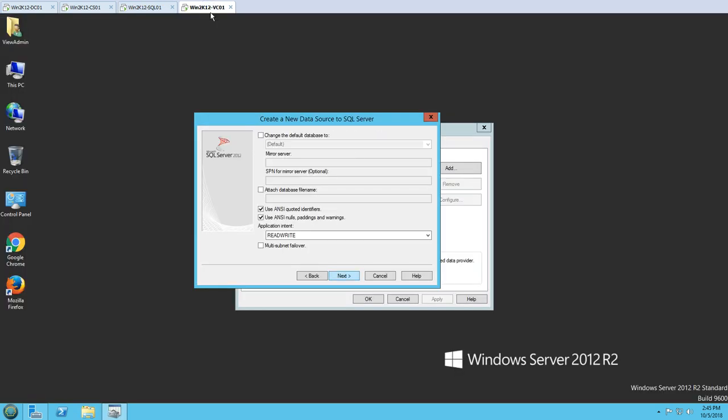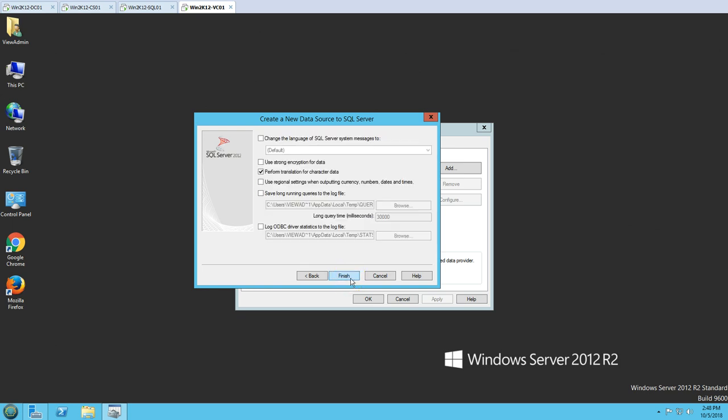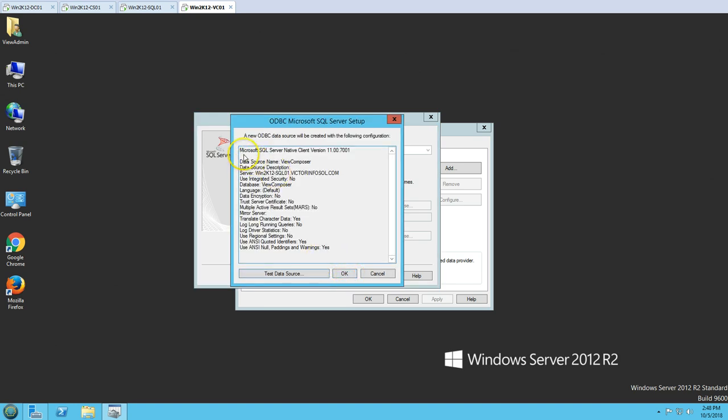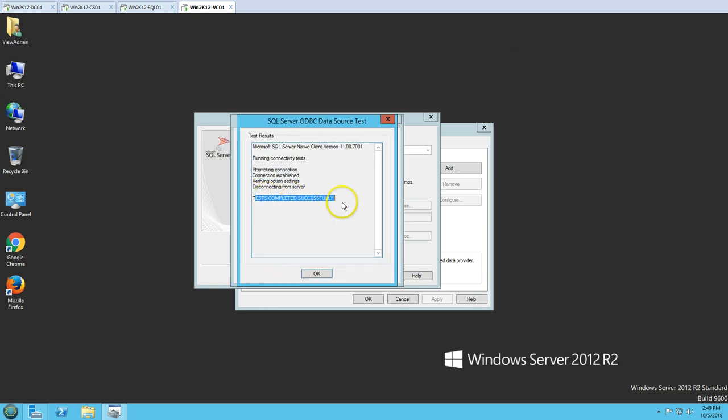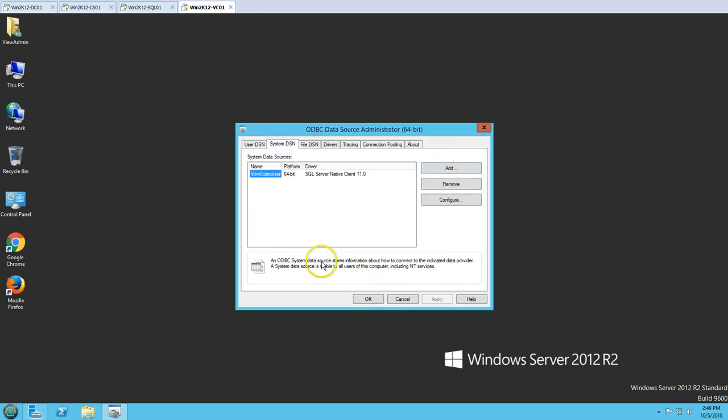then click next. And now you can change the default database. Now you can see the database is listed, so View Composer, and click next. And after this we are good, and click on finish. So it's going to give you all the details which you have just gone through, and test the data source, make sure the test completed successfully. So this is good, and now we can click OK,